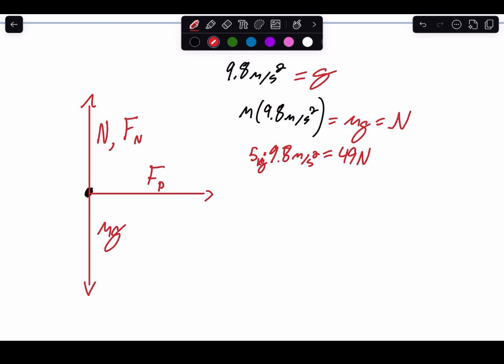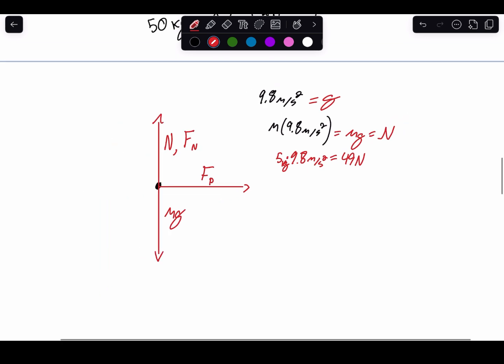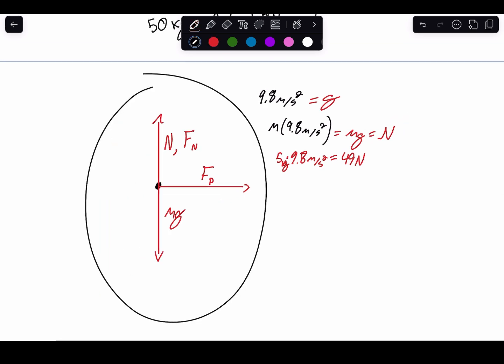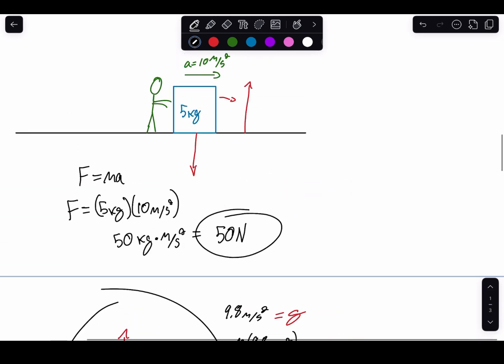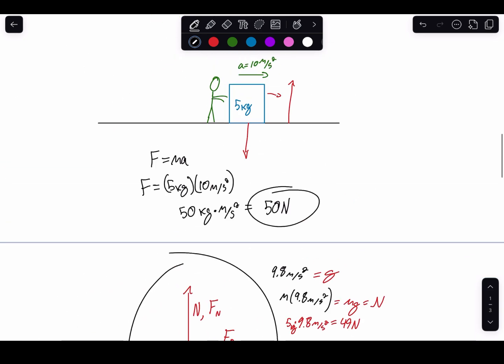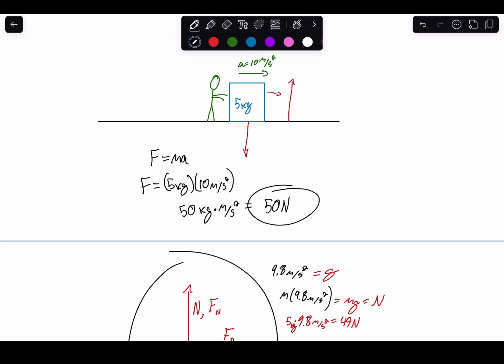If you want to think in vectors, it's going to be negative mg, or mg is negative, so it's just going to be positive, negative mg, which is positive, right? But we usually just say mg, we just say N when we're drawing free body diagrams. This is more when you're setting up an equation. And so this is the basic free body diagram, assuming that this is a frictionless surface, of this box being pushed by this